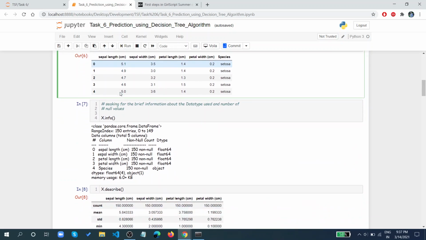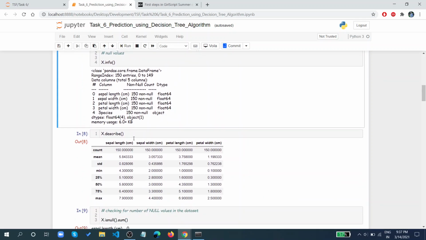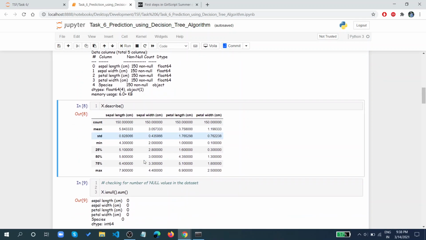Now let's see brief information about the dataset and the data types. Sepal length has 150 non-null values and is of type float64. Similarly for the other columns.